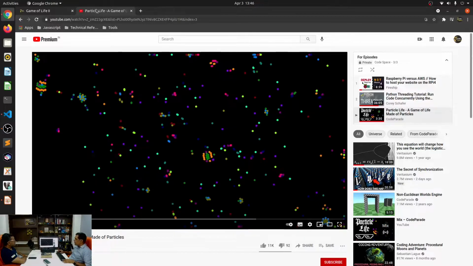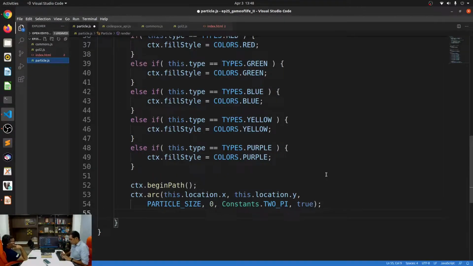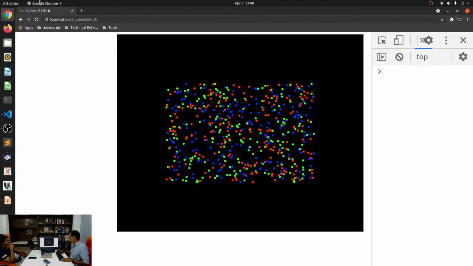Now, if we were to execute this, let's see what this looks like. All right, so nothing happens for some reason. Okay, the one thing we forgot was the context fill, which is ctx.fill, and that should render all of the particles on the screen. So there you go. That's all of the particles on the screen, and obviously nothing happens between them right now because we've not defined any interaction.